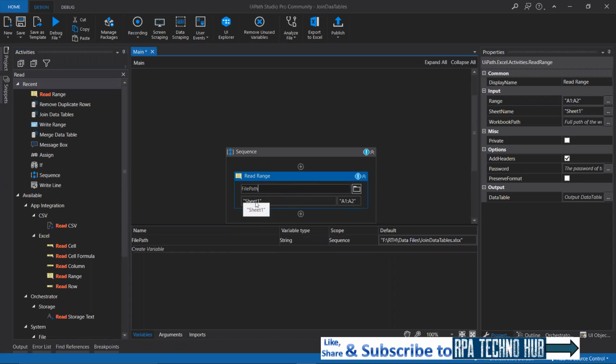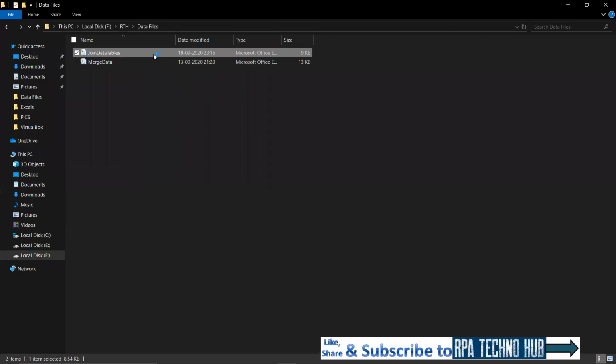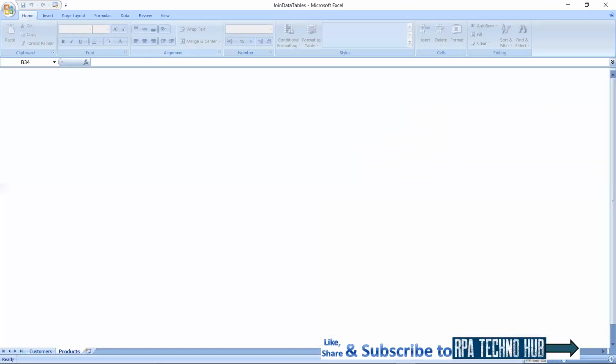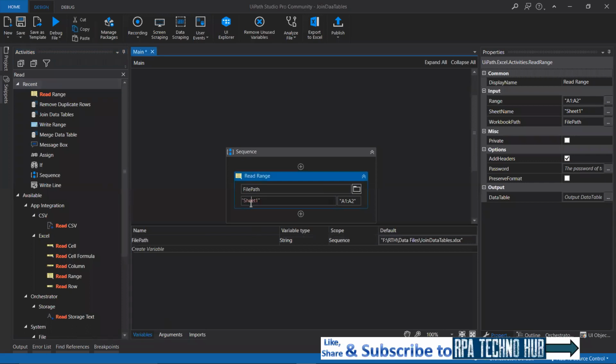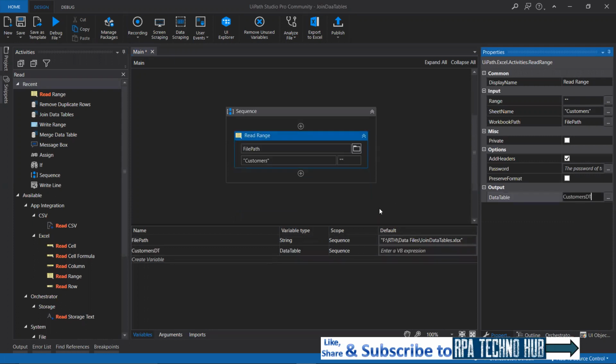And then what is the sheet name? So sheet name is required to be taken. So let me just copy this customers and let me just paste that over here, customers, and I will read the complete range of the data table. So Control K, customers DT. So it will get you the data into the customers DT,